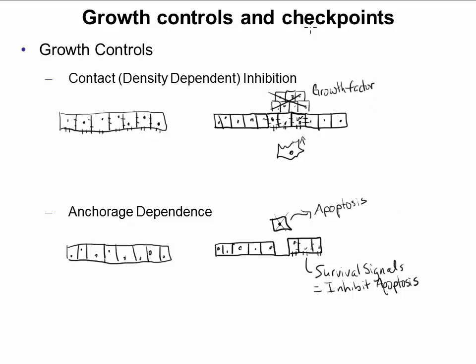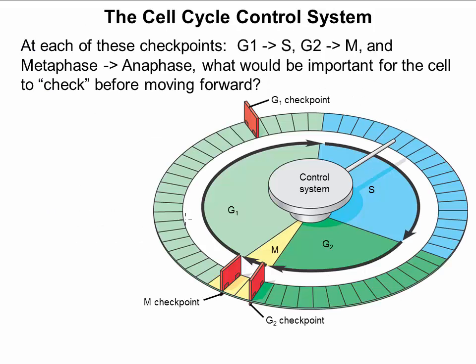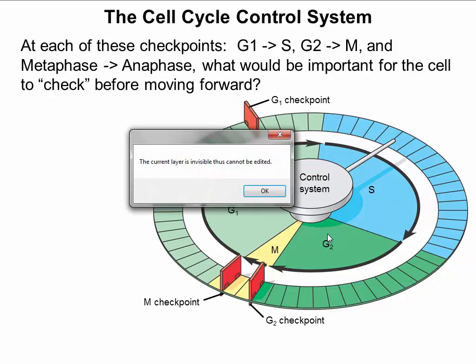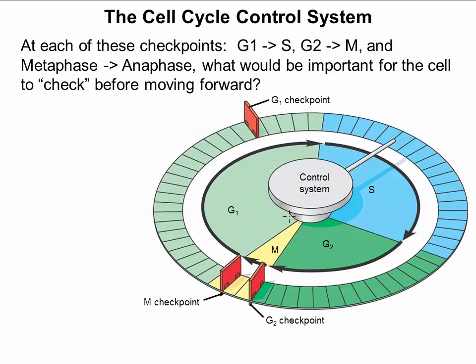What I want to talk about next are actually specific molecular checkpoints that regulate the progression of a cell through its cell cycle. So this is that eukaryotic cell cycle we looked at before. We have our interphase out here that is comprised of G1, S, and G2. We talked about this before. G1, gap 1; S phase is where DNA is synthesized; G2 is that growth phase. And then we have our mitotic phase here comprised of mitosis and cytokinesis.